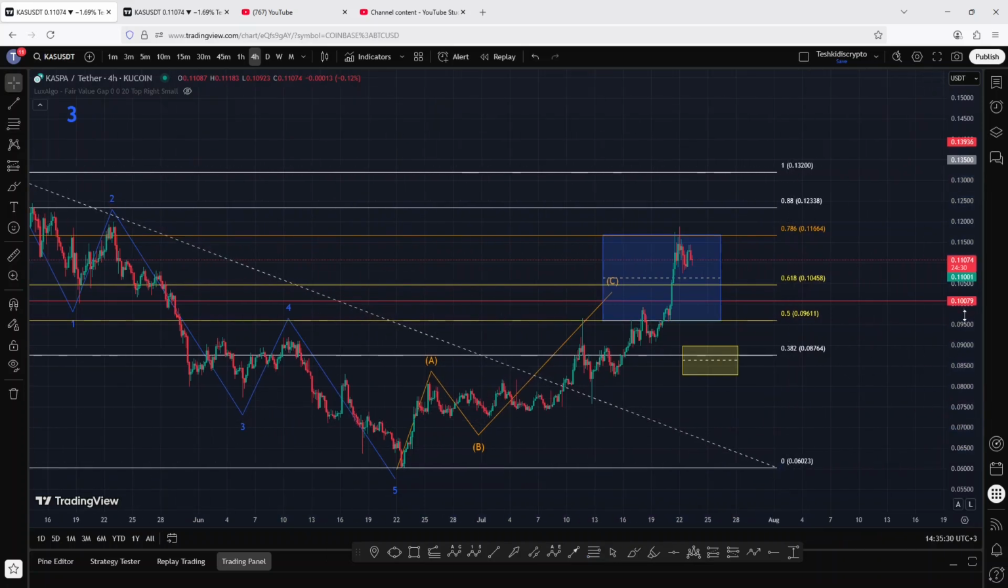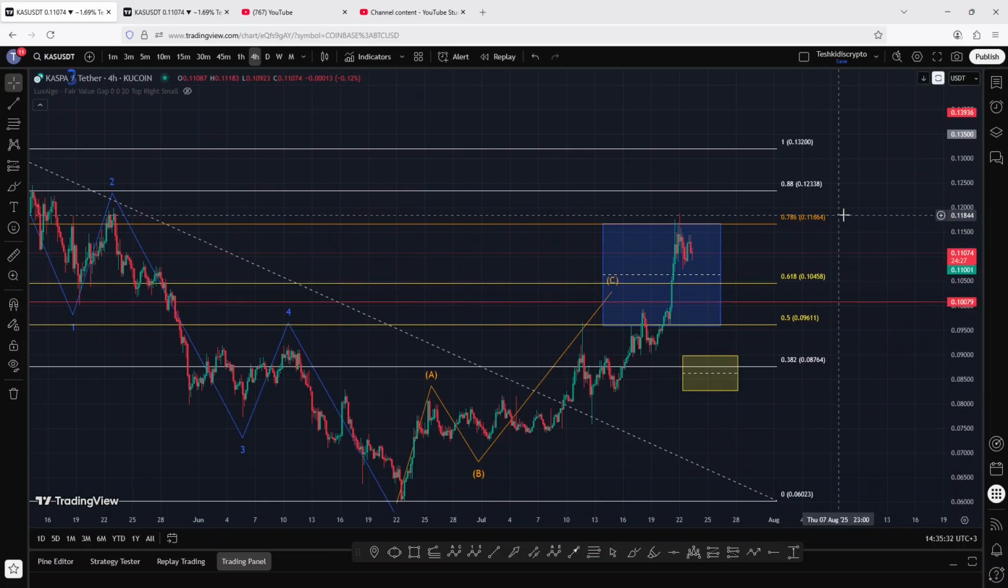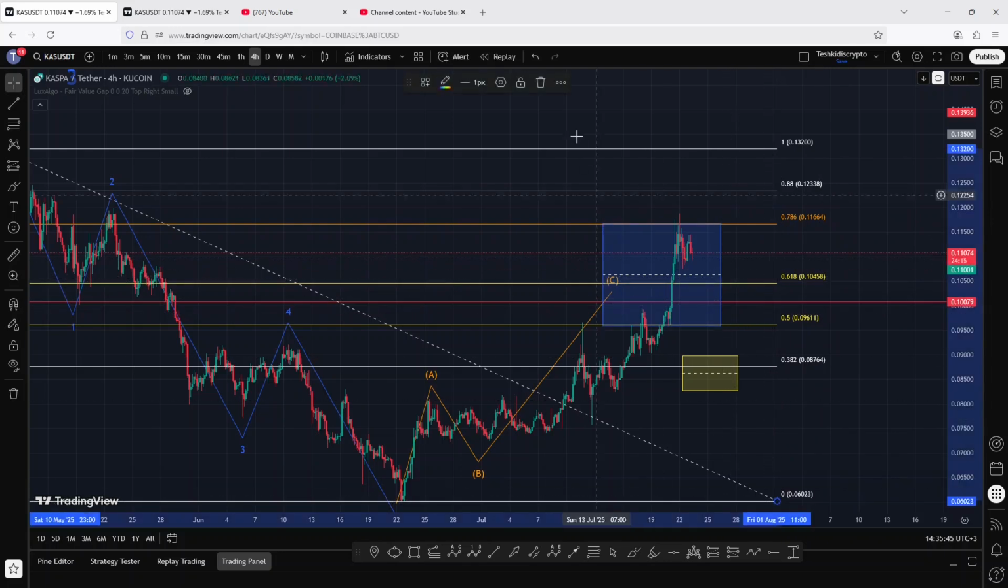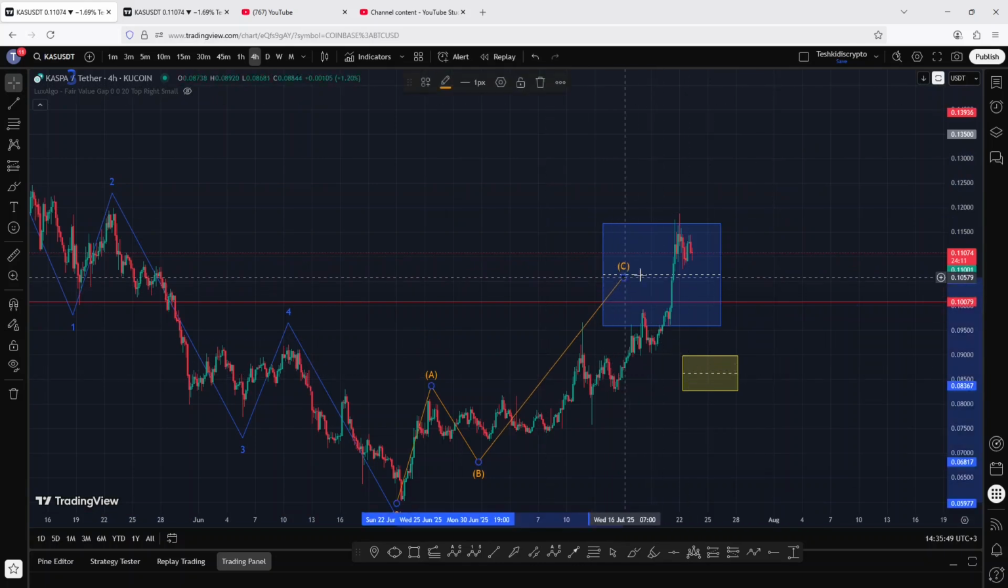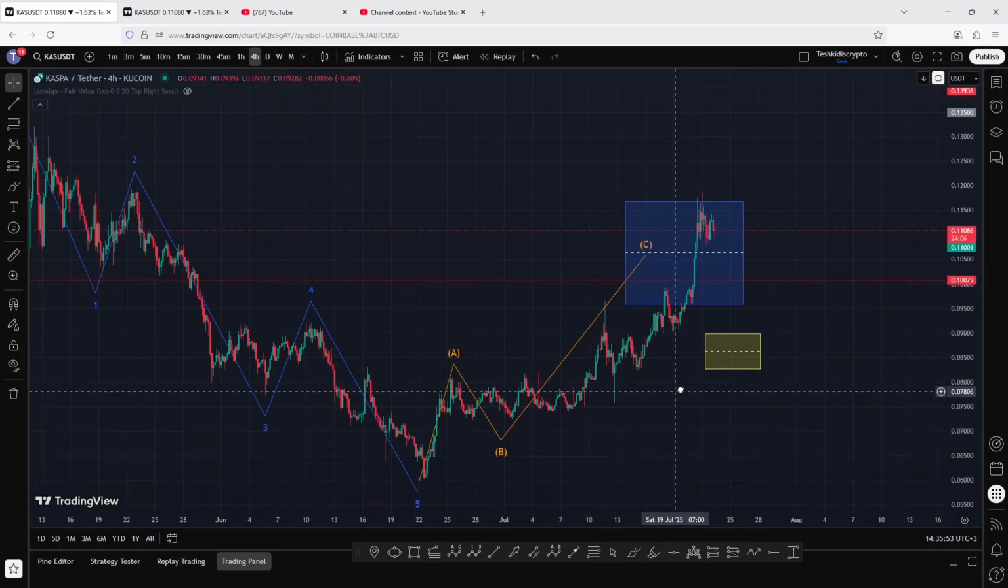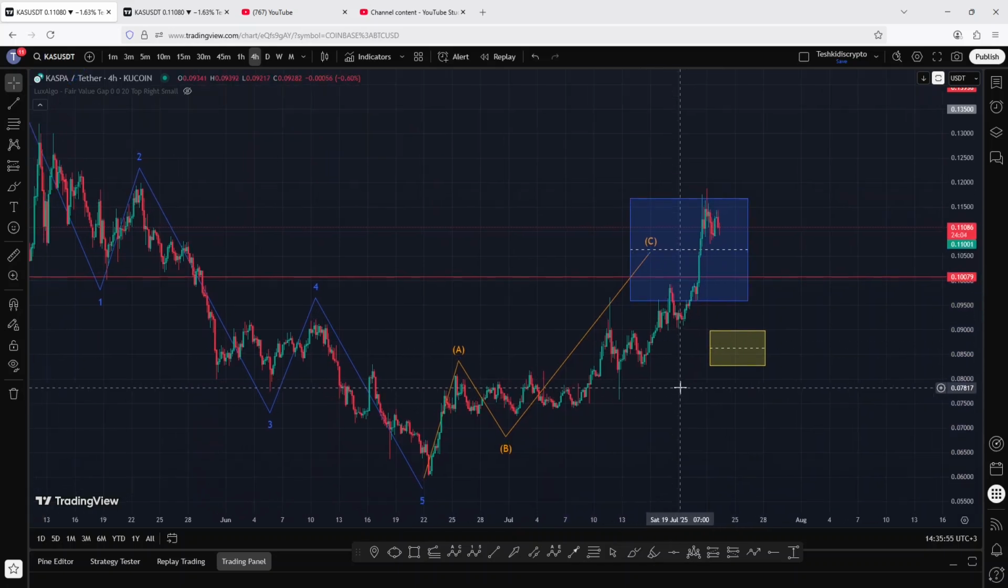And also, my area of interest has been between the fib level 0.78 and the fib level 0.5, and that is between the 0.11664 and the 0.09611, which is that blue target area. And you can see that we have not fully maximized that target area at the time of this recording, and at some point we also got rejected on the upper side of that target area. And as a result of that, I have two possible scenarios that can play out here on the Kaspa chart